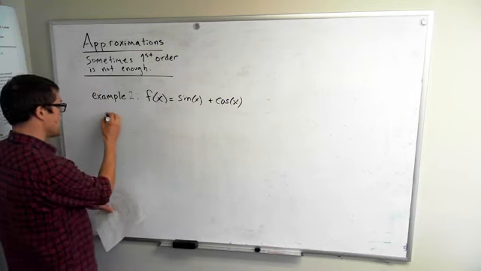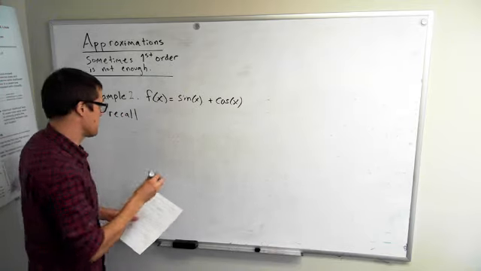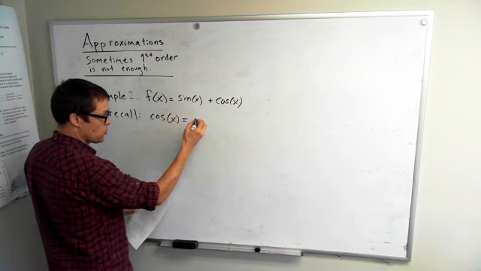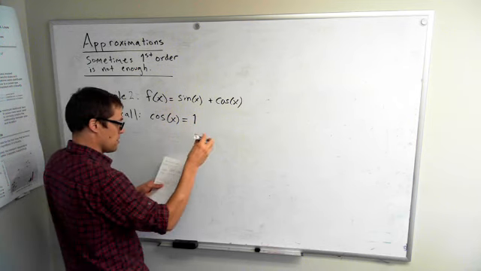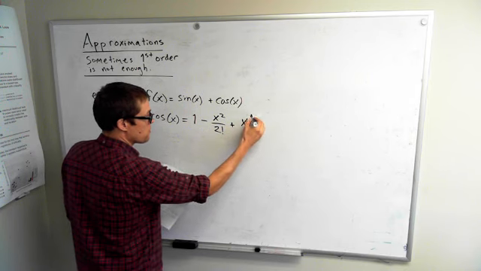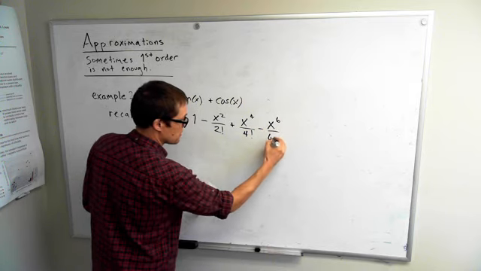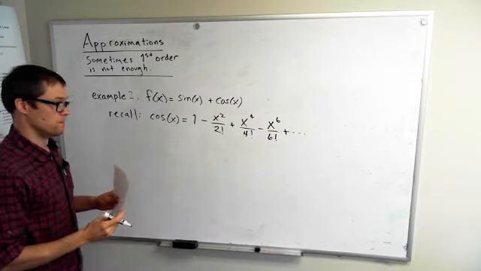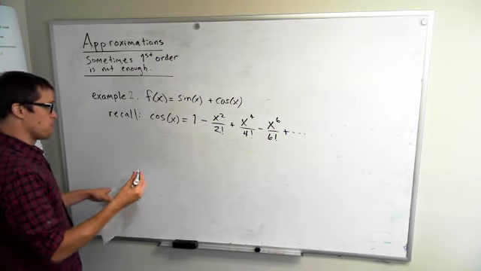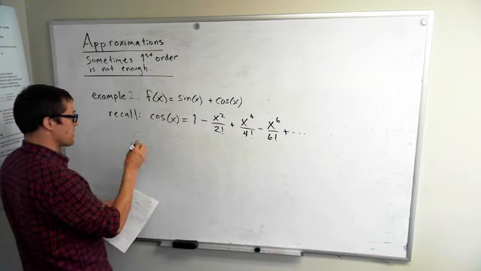Now, again, I'm going to have you remember that we already wrote down what sine x looks like in a series. Remember that cosine x can also be written in a series. So cosine x is equal to 1, let's see, minus x squared over 2 factorial plus x to the 4th over 4 factorial minus x to the 6th over 6 factorial plus and so on. So that's the series representation of cosine x. So if you put this together with the series expression for sine x, then